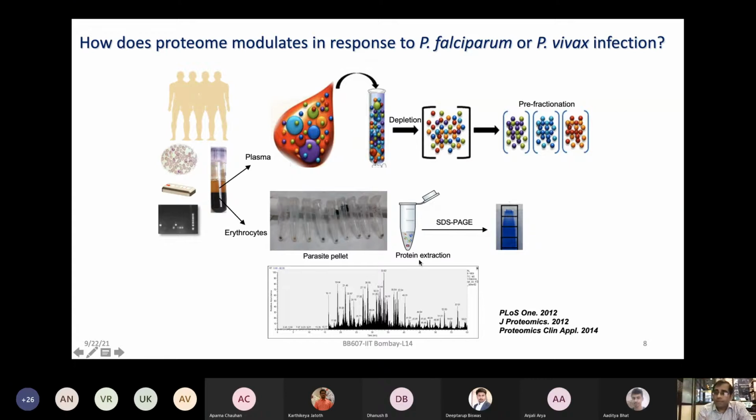Again, there were many challenges in doing this project. I'm not going into detail about the saponin lysis, how to lyse these cells, and why we went for the in-gel, but this works better. Once you run these on the mass spec, you can combine that data and then have an idea which parasite proteins are present in these individuals.